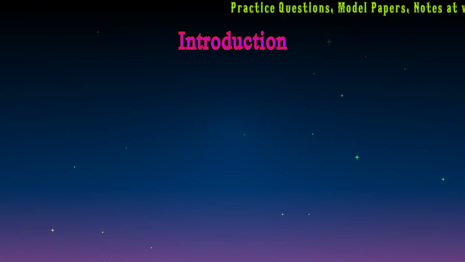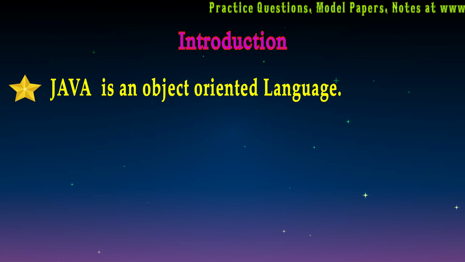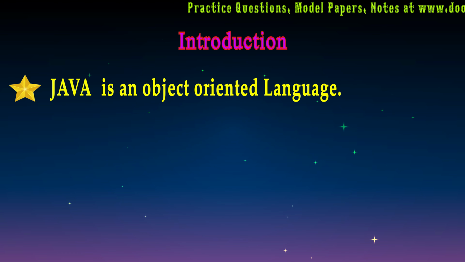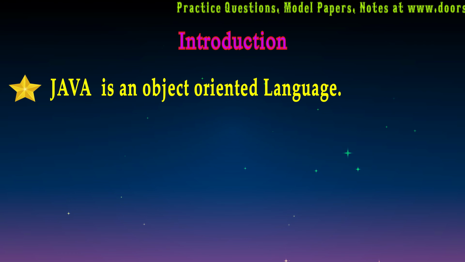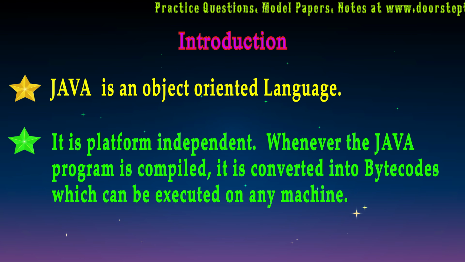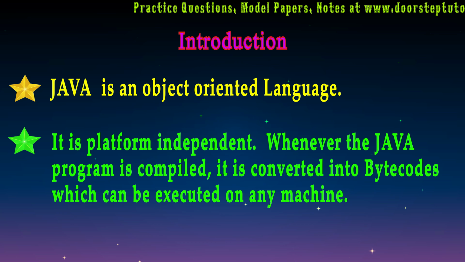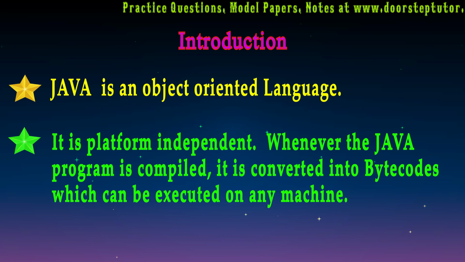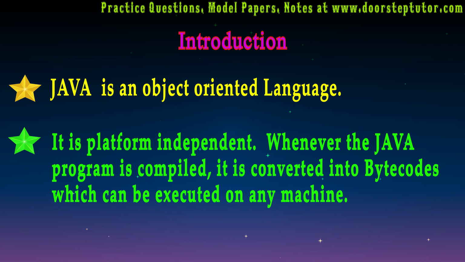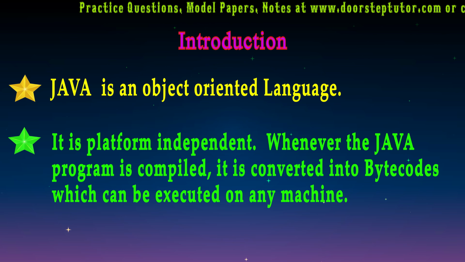So what is Java? Basically Java is a programming language and it is an object oriented language. It means that we will mainly handle the classes and object concept over here. It is basically platform independent. It means that if we create a program on one machine, then we can easily compile and execute it on the other, by portability. Whenever a Java program is compiled, it always gets converted into bytecode.